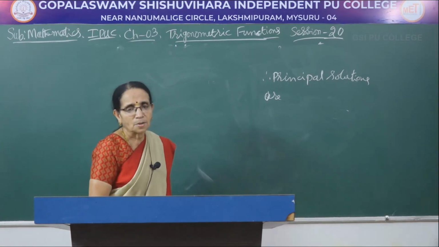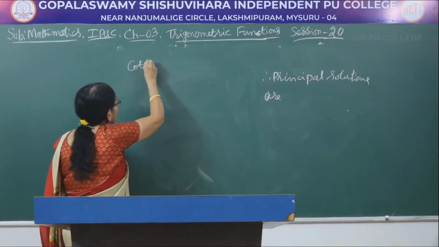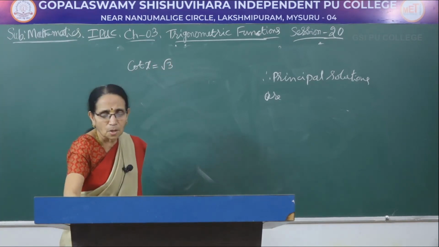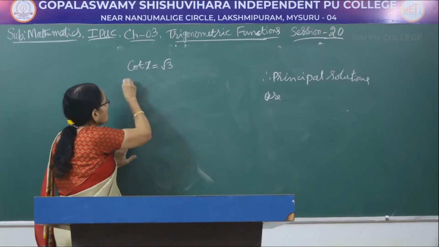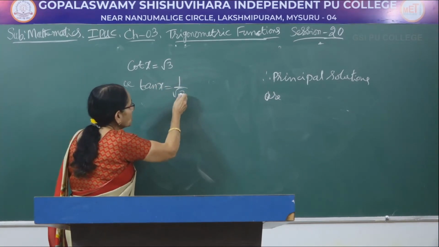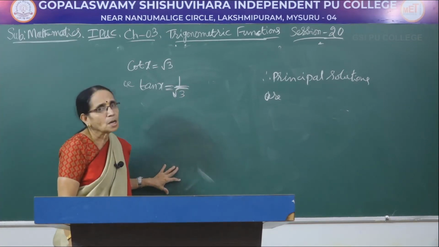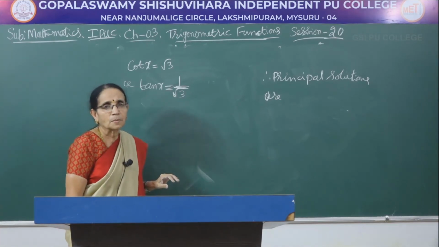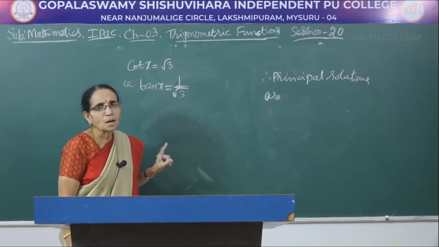Now take another example, cot x equal to root 3. Cot x is equal to root of 3. When cot x is equal to root of 3, you can keep it as it is or write the reciprocal function. What is tan x equal to? It is 1 by root of 3. Tan x equal to 1 by root of 3. Correct? Now this is a positive number I have given. In which quadrants will tan be positive? In the first as well as in the third.